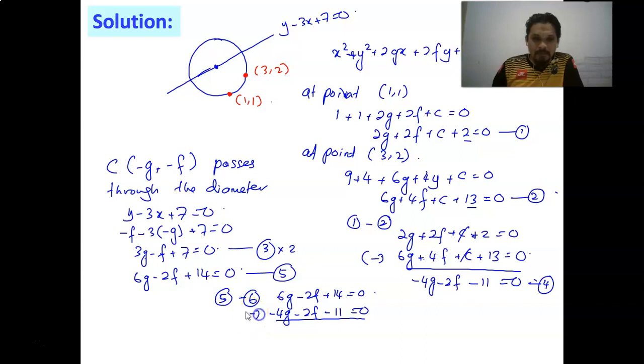Minus negative here. Negative times negative become positive. Negative times negative become positive. 2f, so negative 2f plus 2f, 0. Negative times negative become positive, so 6 plus 4, then g. And then, what if I make this one as a